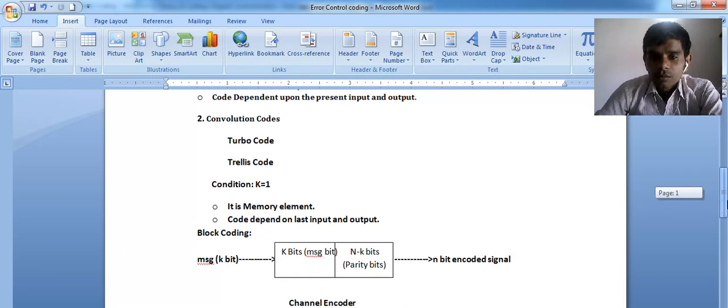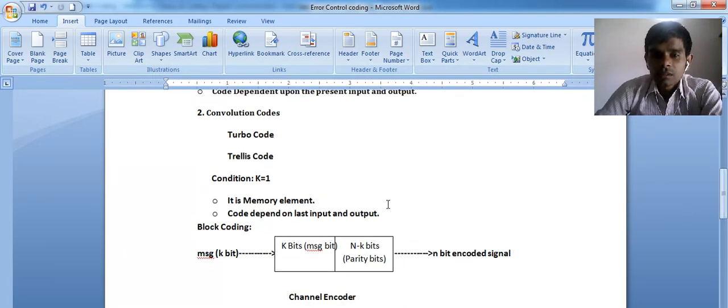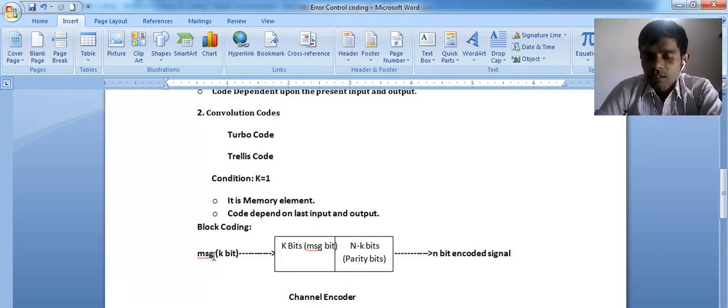Now let's see the working of block coding. This is the message we are sending. This is a channel encoder. This is the input and this is the output. In between them, the channel encoder is working. K bits are the message bits over here.